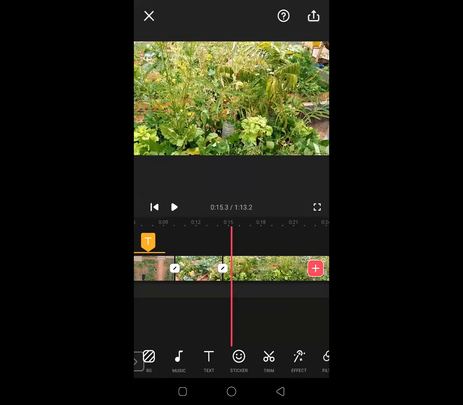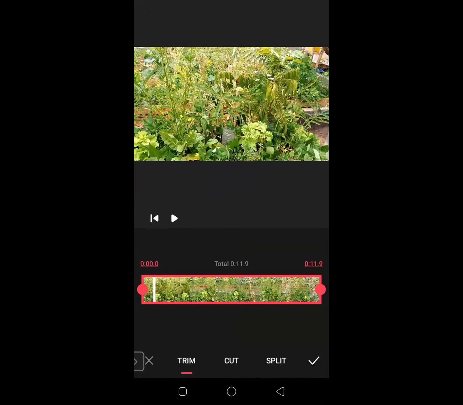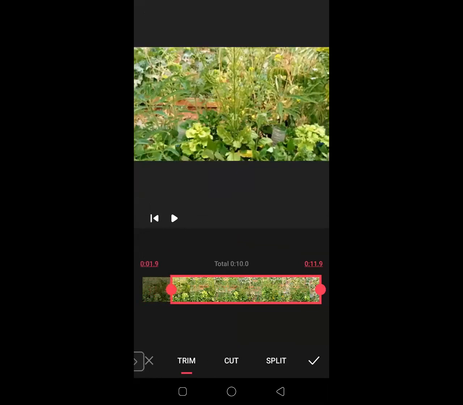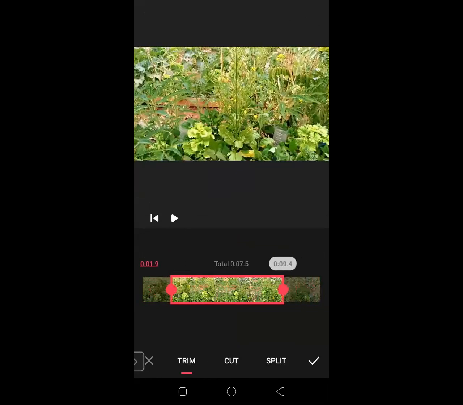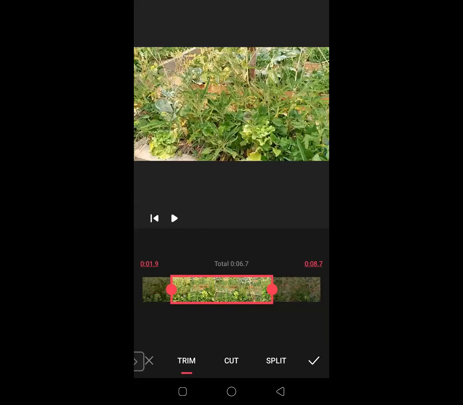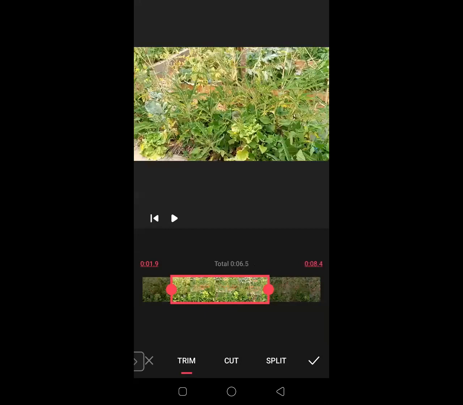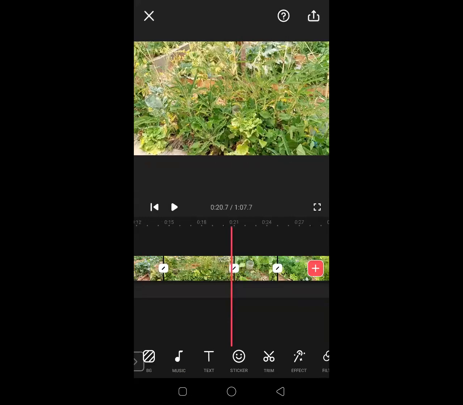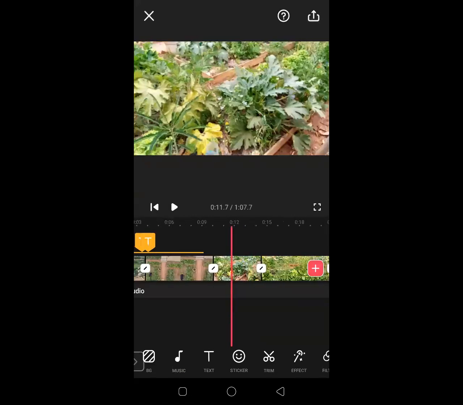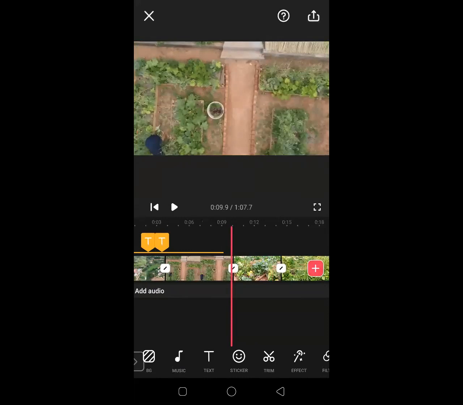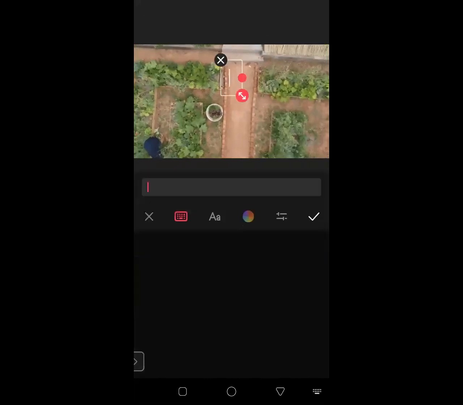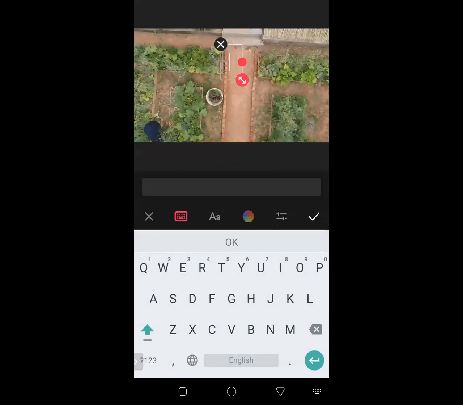So after selecting, I just trim and bring the cursor here and maybe somewhere here. Okay, when I'm done, I do OK, and that's it. So in this part, the comment that I will write will be something like, so I just clicked on title, and I'm going to write,